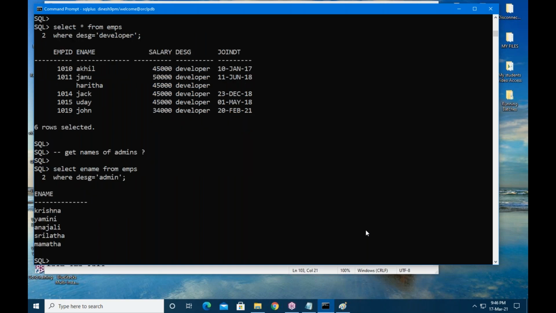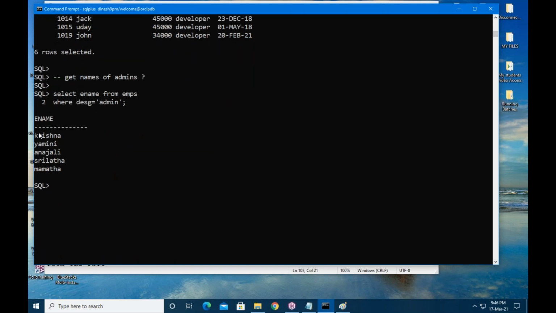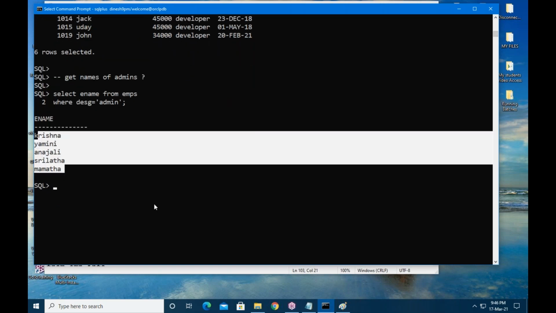These are the admins. So many people have a doubt: Sir, what is the guarantee that these people are working as admin? Along with the name, select designation also.